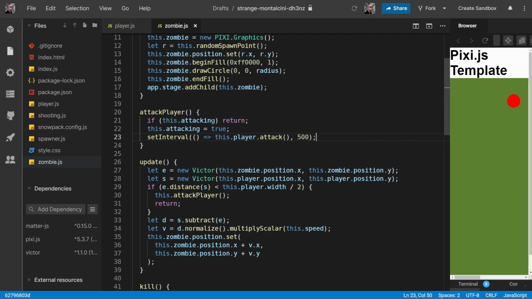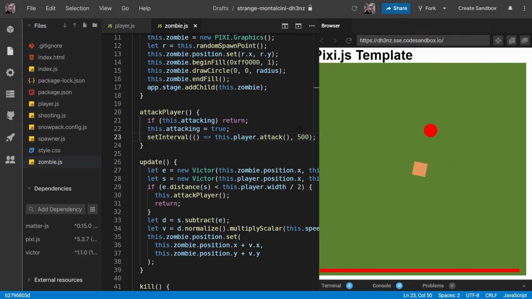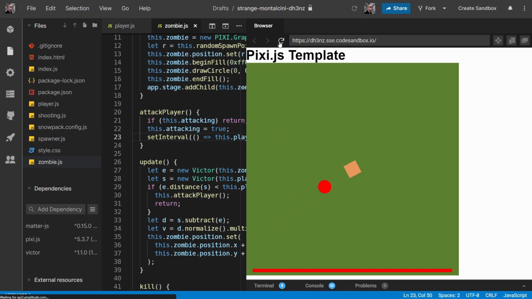So when the zombie gets close to the player, they will just stop there because it will just keep hitting this return. It will keep calling this attackPlayer, but actually this code here will only get run the first time, which is exactly what we want because we don't want to keep setting this setInterval, otherwise that could cause us problems. We only ever want to do that once per zombie, and that should do the trick. So let's see how that works. We do save, let's do a refresh,